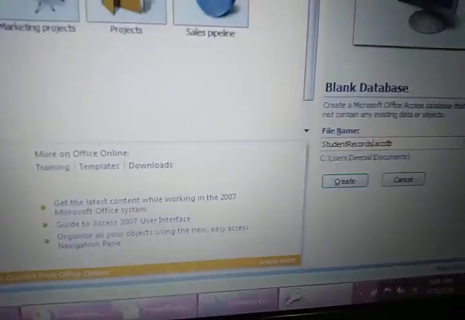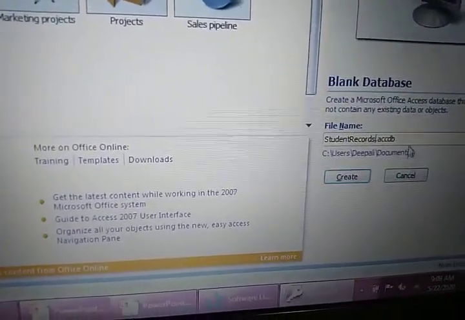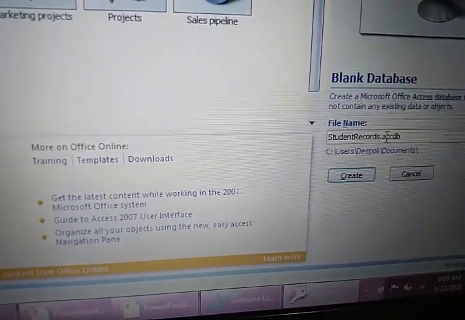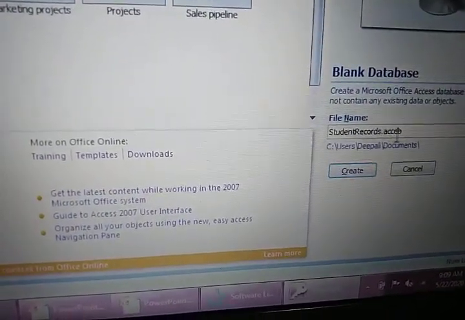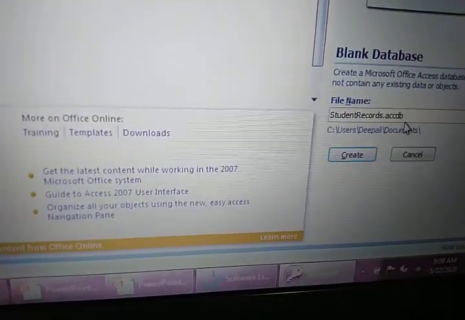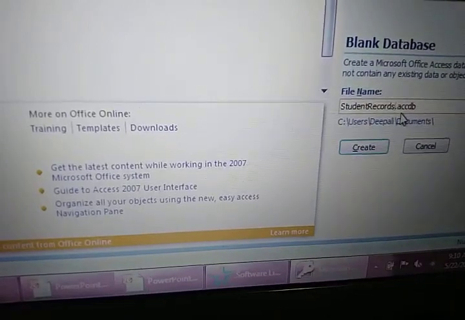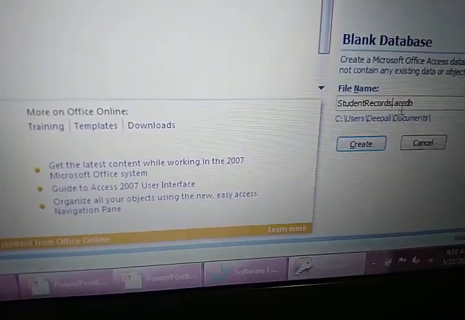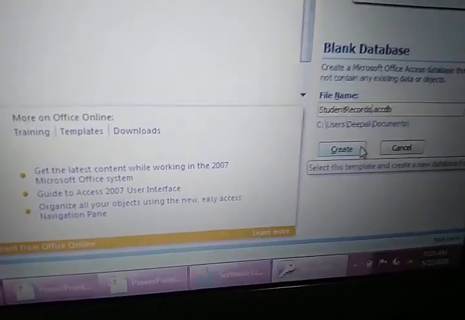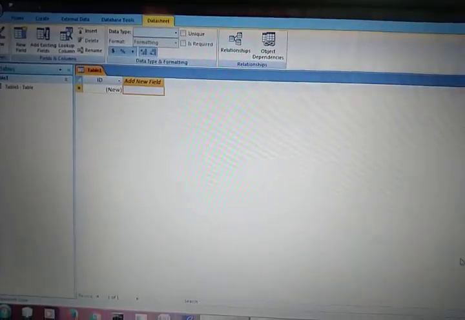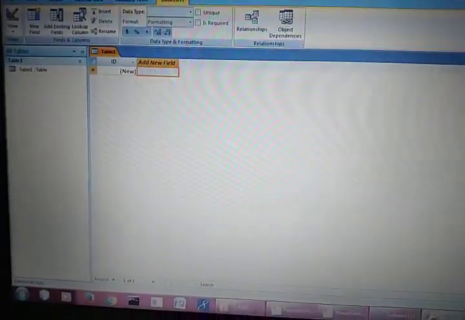So I have written the database name Student Records. The extension of an MS Access database is .accdb. You must learn the extension of your MS Access database, .accdb. Then click on Create. When you click on Create, students, this kind of interface will come on your screen.